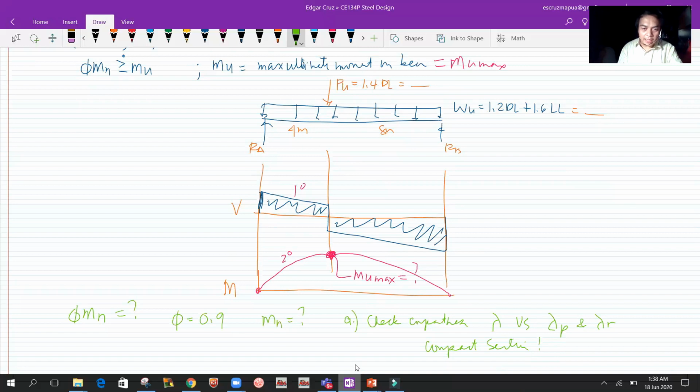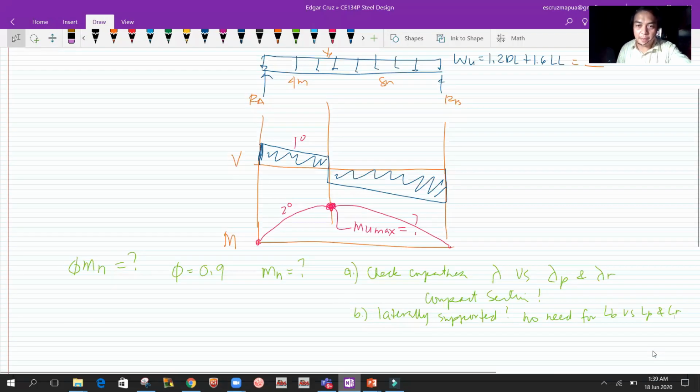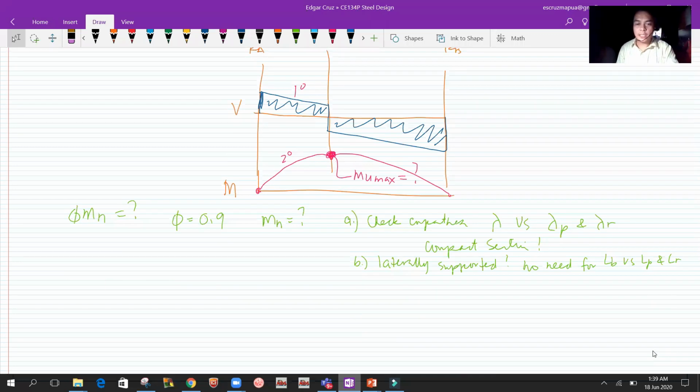Tapos yung pangalawa natin is yung lateral support, diba? Sabi sa problem, it is laterally supported all throughout the span. So hindi na natin kailangan i-compare. So no need for yung LB versus LP and LR. Hindi na natin kailangang gawin siya kasi sinabi sa problem laterally supported na. So ibig sabihin,